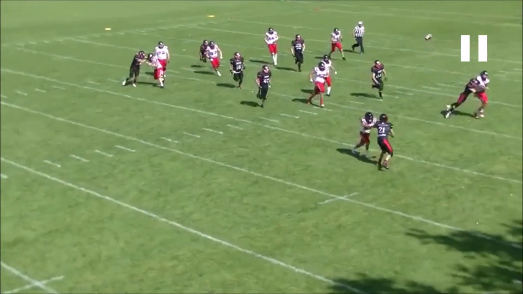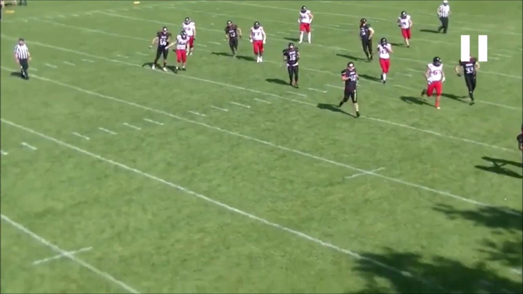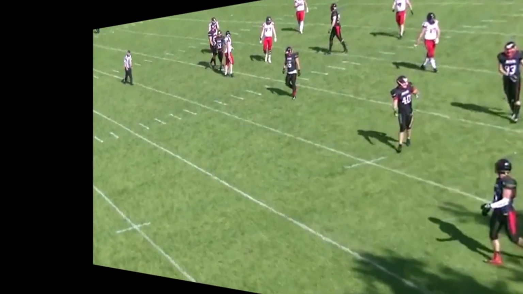However, here the way the ball is thrown very, very high with a high arc, I don't think that we can argue that this receiver down here is in the area of the pass, just because it lands 10-15 yards beyond him with a high arc. But in any case, the ball did cross the line of scrimmage, so this is legal grounding.